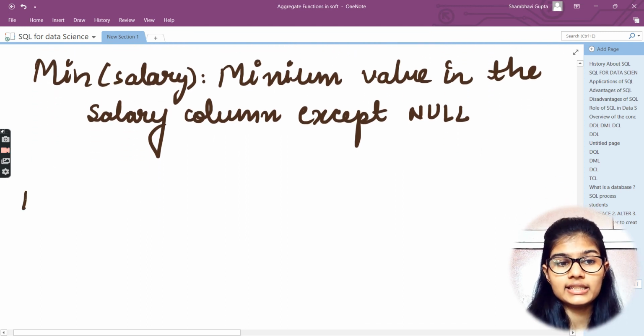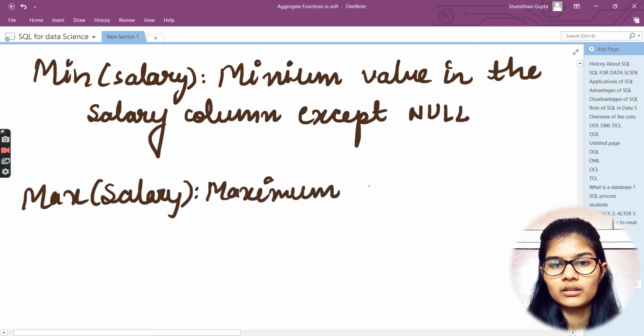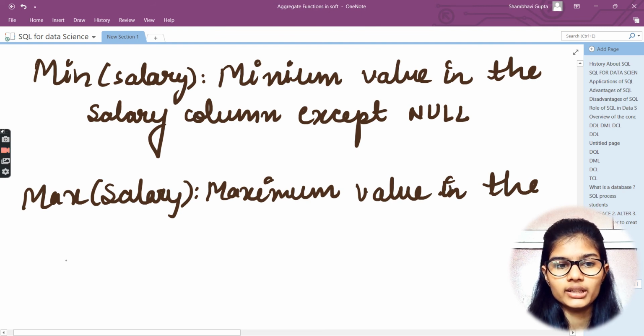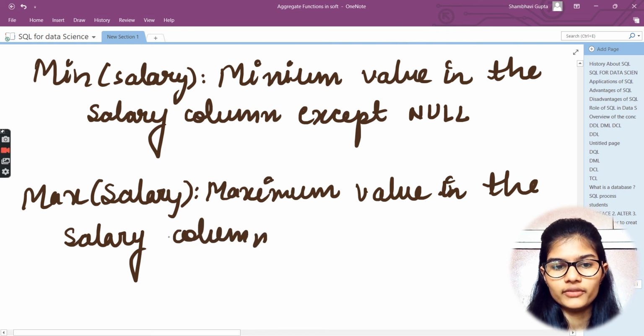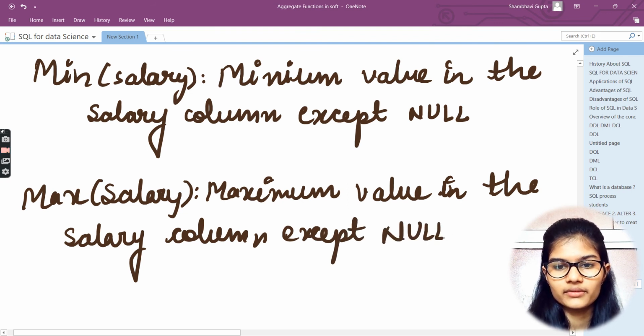Now, if I talk about the max, and in the bracket I wrote salary. In that case, I'll be getting the maximum value in the salary column except the null.